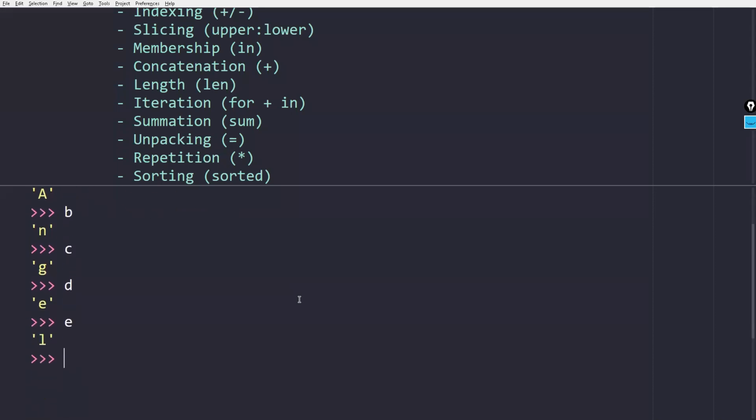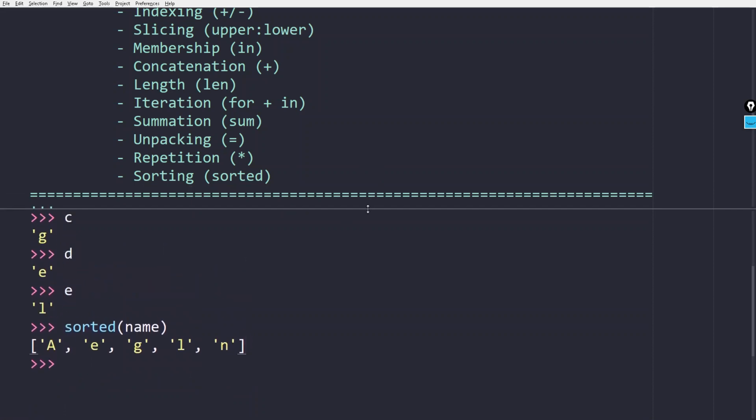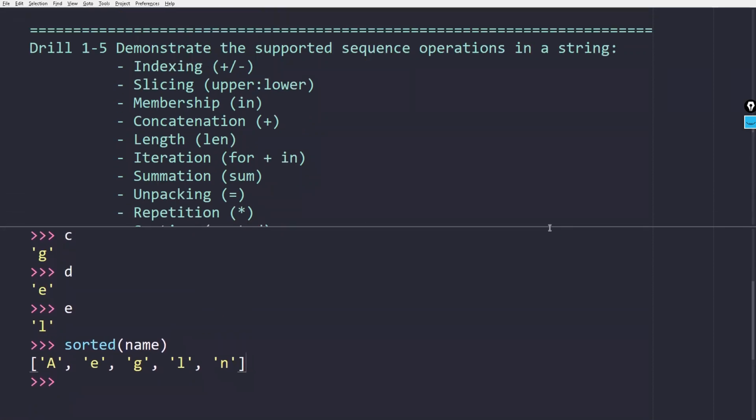So this is supported, and you could also try to sort. So sorted name, and it will just arrange it. Remember that capital letters have smaller ASCII value, so it will be sorted first. Okay, and then after that the small letters, so E, G, and L and N, and finally that's it. So for the string,